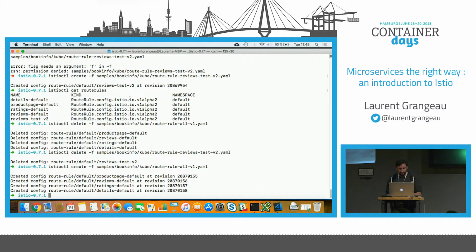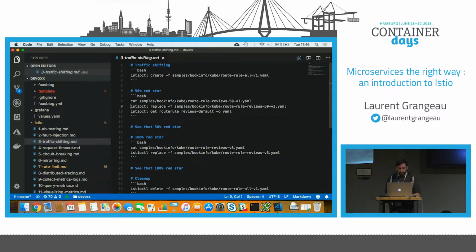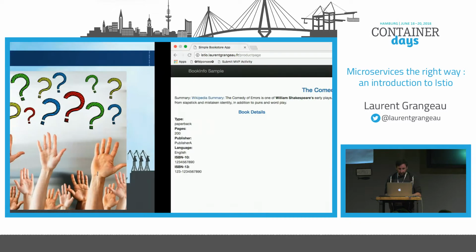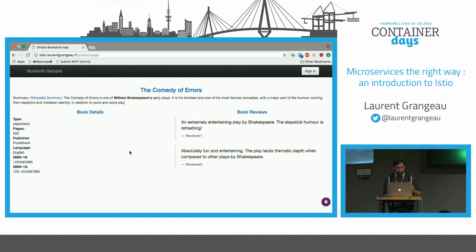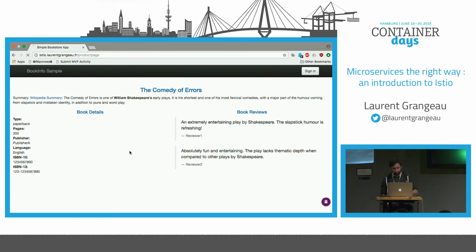and then I apply my canary. So my canary is 15% of the time you have the V1 version of the review, and 15% of the time you have the V3 of the review. And if I apply that, you see that if I hit refresh, you have no star and the red star, and so on and so forth.